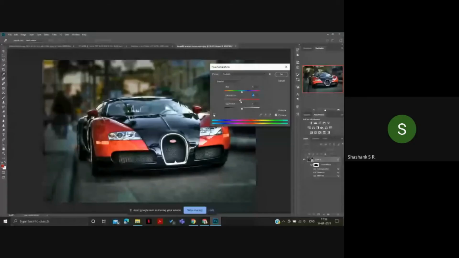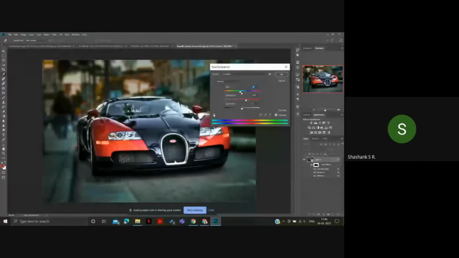If you increase the saturation too much, it looks too bright, like the bright colors will be too bright. So you need to put in saturation accordingly.